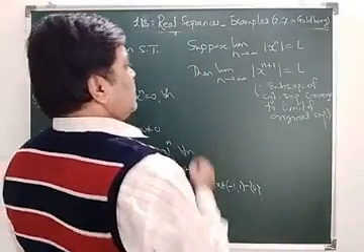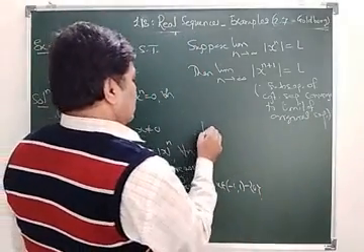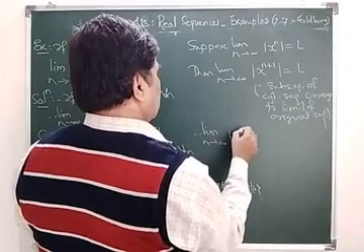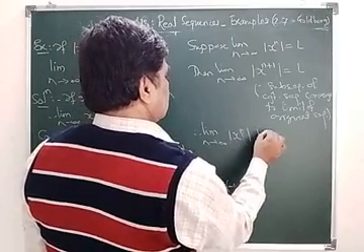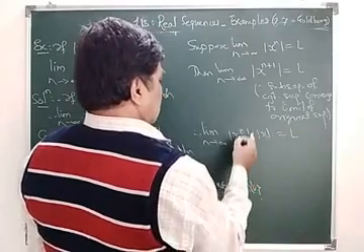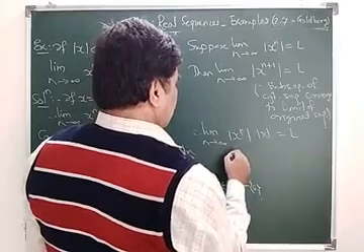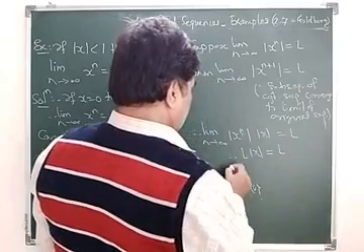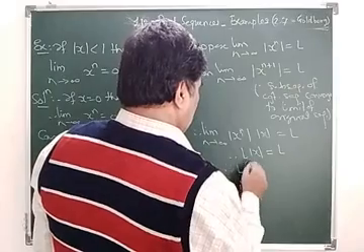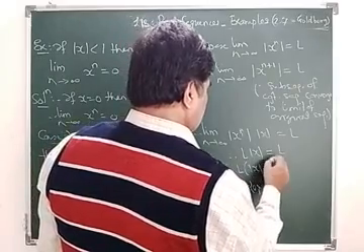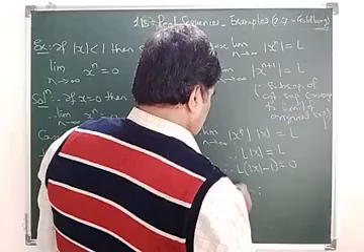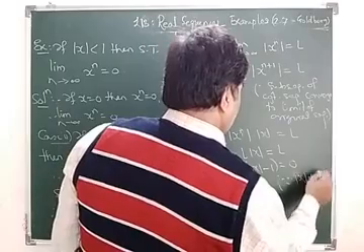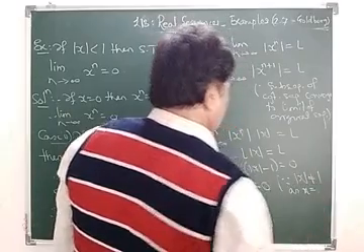By using that, we get limit n tends to infinity of mod x raised to n plus 1, which is written as mod x raised to n into mod x, is equal to L. But this is nothing but L into mod x is equal to L, and therefore L into mod x minus 1 is equal to 0. This implies L must be 0, since mod x is not equal to 1, as x is not equal to 1